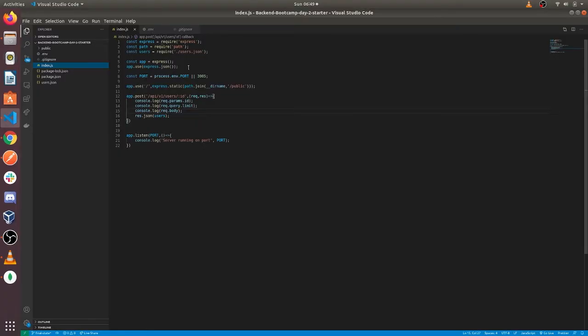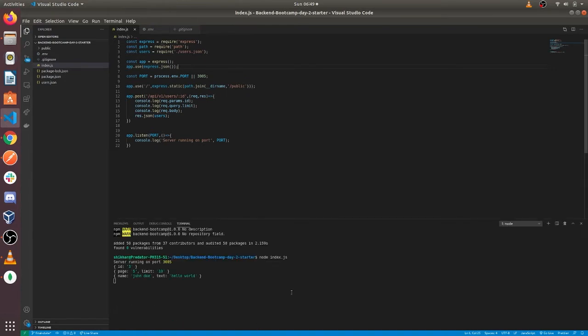Now it's time to connect our Node application to MongoDB. So first we need to install Mongoose.